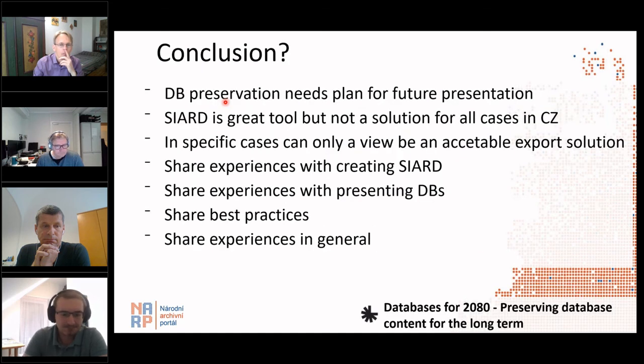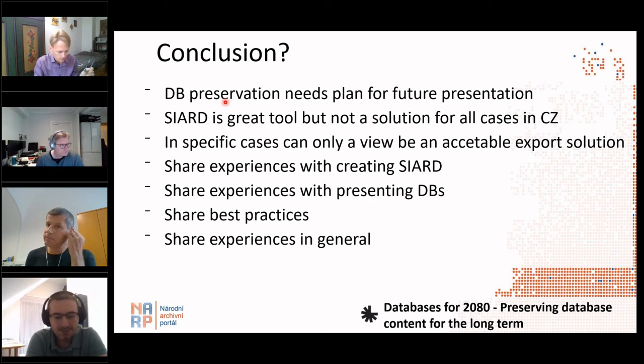My last slide, I promised you I will be quick, returns attention to the opening ones, because there are issues which need to be discussed and even considered. I fear that only preservation won't be enough soon, or even right now. We live in the era of the data-driven economy, and above all, we are going to be holders of knowledge of how to preserve and even present data from a database.